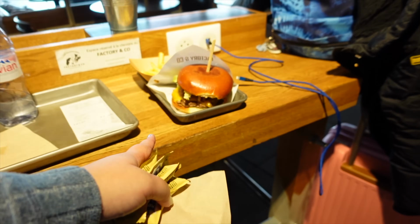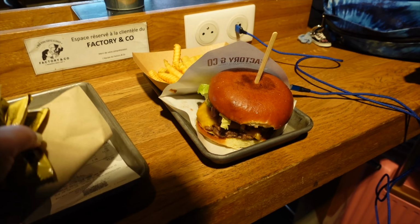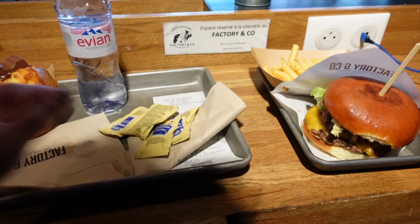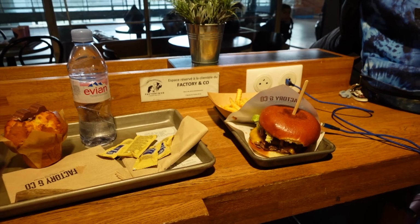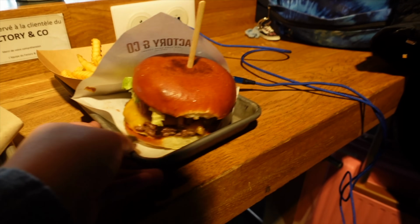And just like that, I am back with my burger. I probably only had to wait about 5, 6, 7 minutes. They also were kind enough to give me quite a lot of mayos. As you can see, they asked me which sauces I wanted. I was like, mayonnaise, and the lovely staff member was like, just mayonnaise? I was like, yes, just mayonnaise. Is it possible that I have more than one? And she was like, absolutely. And the burger, honestly,